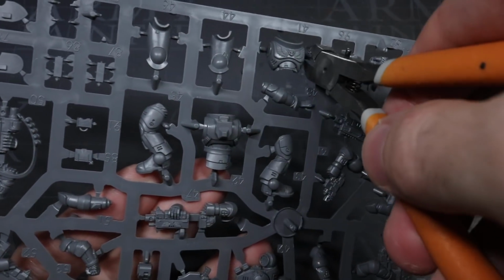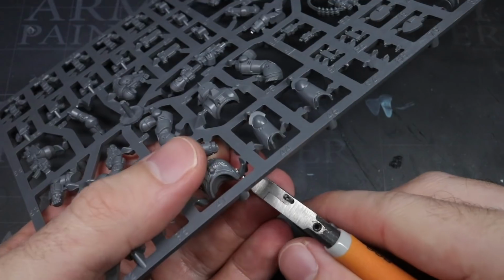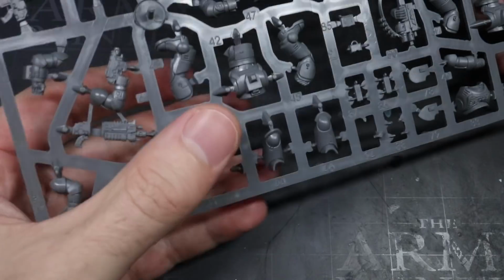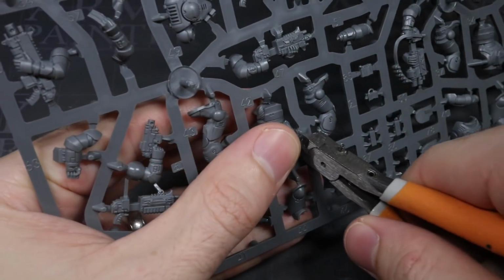With the latest edition of Codex Space Marines, we were officially given 4 successor chapters of the Salamanders. I've already tackled one of those 4, the Dragon Spears, and I'm back again to show you how to convert another. I'm Pete the Wargamer, and in this video, I'll be showing you how to convert members of the Covenant